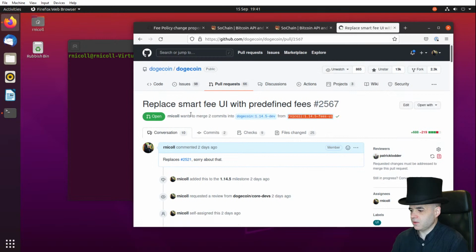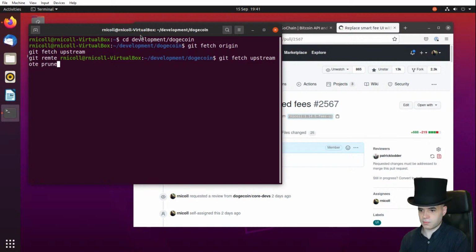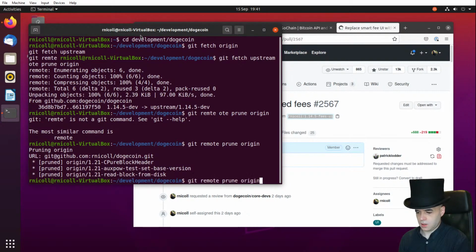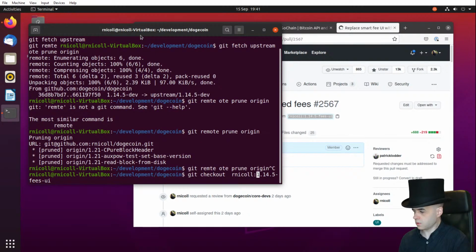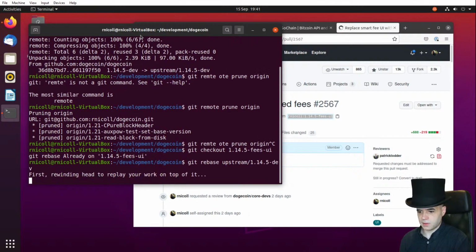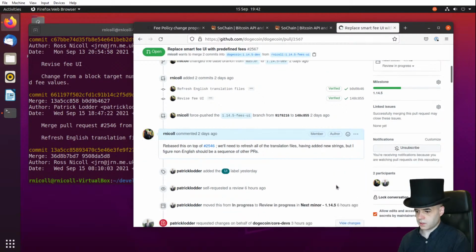Okay, let's give that a go. Right, cd development, Dogecoin, git fetch origin, git fetch upstream is what I really want, git remote. Okay, git checkout. Git rebase upstream. Okay, perfect. Right, so